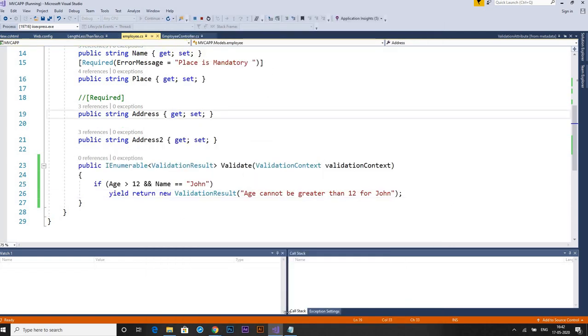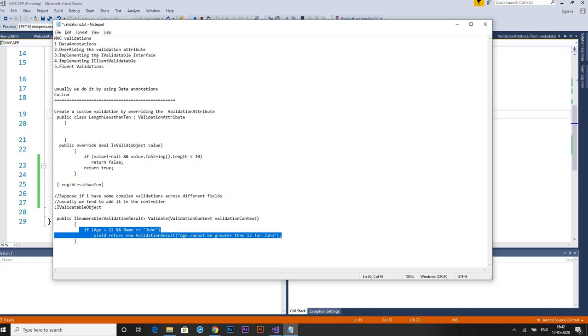Now the question is, there are some other methods also. Similar to IValidatableObject, we have IClientValidatable for the validations to happen on the client. Then we have a NuGet package called FluentValidation. The FluentValidation NuGet package also helps us add validations just as we did with IValidatableObject, but in an easier and more convenient way, which can be applied at the class level by using the square bracket notation. So these are some things.